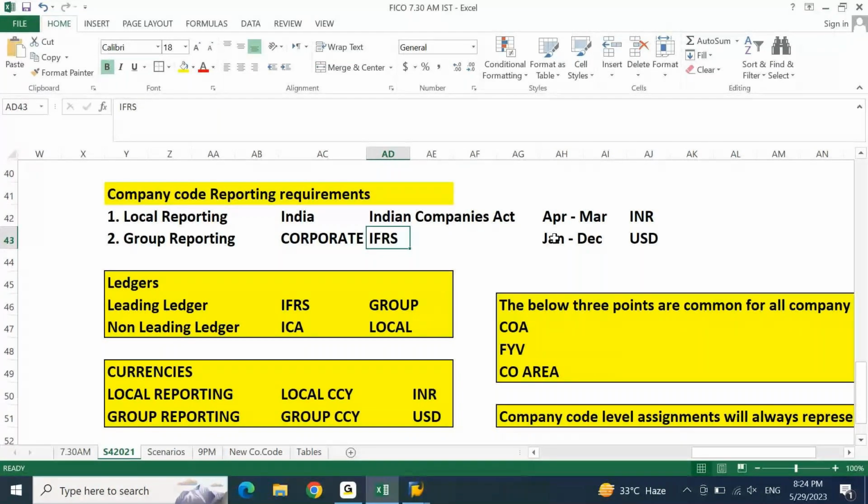Okay. So according to IFRS, you are going to use Jan to December, and you are going to submit all the reports in dollars. Now, whenever you have two types of reporting requirements, let's say local reporting and group reporting, these two reports are used for two different purposes. Your target audience for local reporting is different. Your target audience for group reporting is different. Am I correct? Yes, sir. Now, when you're submitting these to two different types of people,